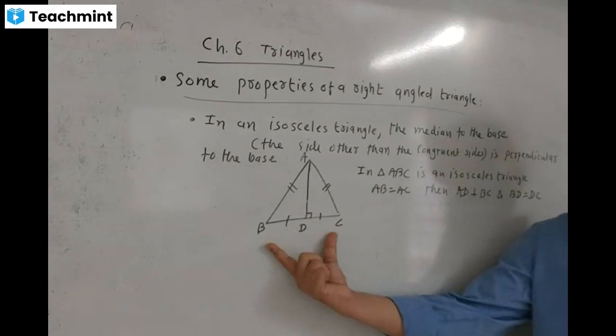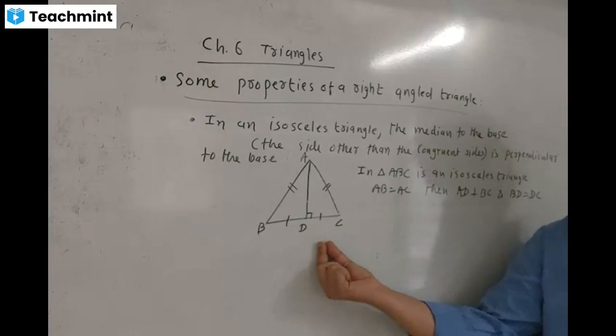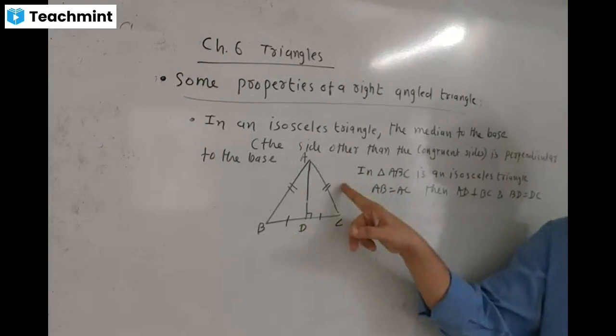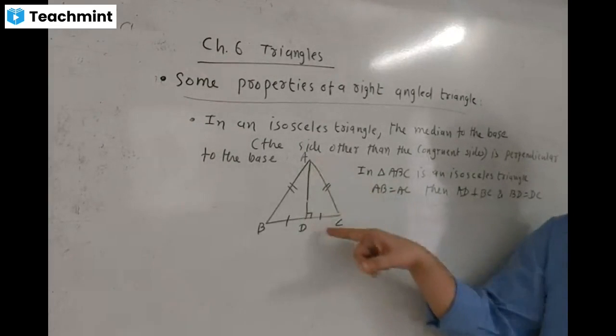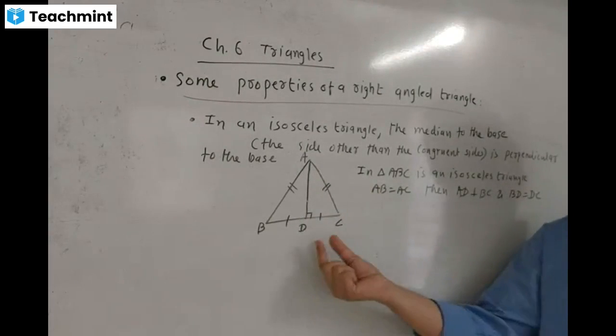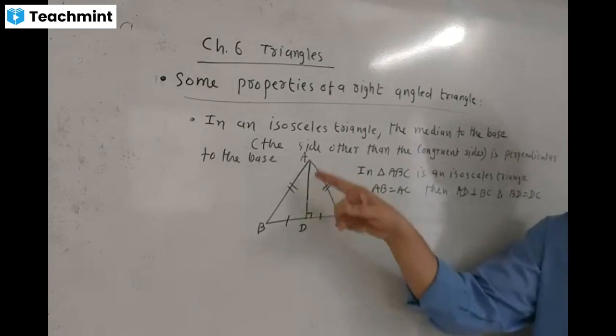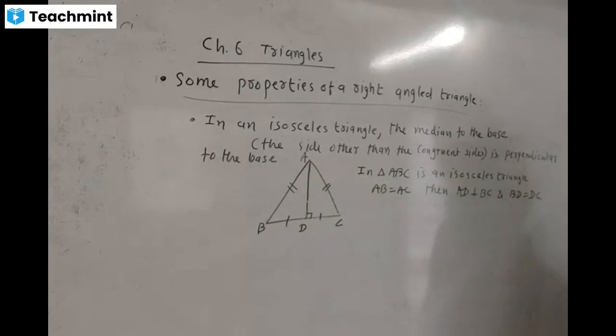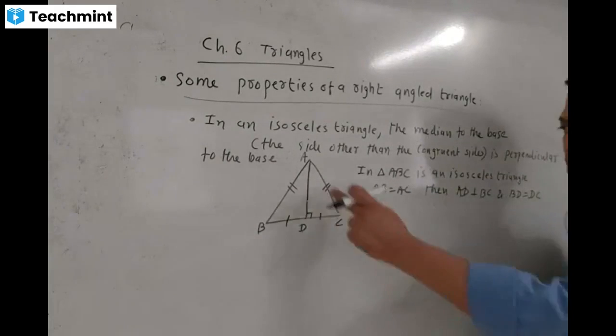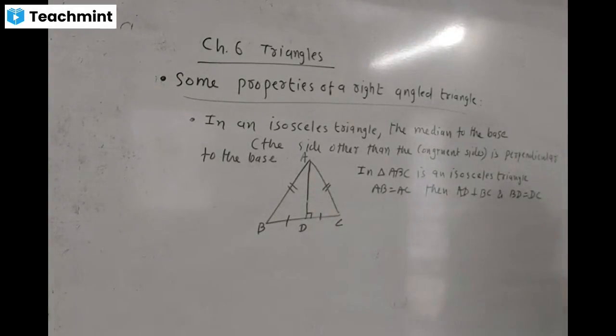If BC is equal to 12, therefore BD and DC both are 6 and 6, and hypotenuse is 10 because it is a right angle triangle in triangle ADC. DC is 6, AC is equal to 10. By Pythagoras theorem, we find the length of AD, and AD is equal to 8. Then AD is median, and AD is also altitude in an isosceles triangle and equilateral triangle. Okay, so equilateral triangle or isosceles triangle में altitude and median both are same.